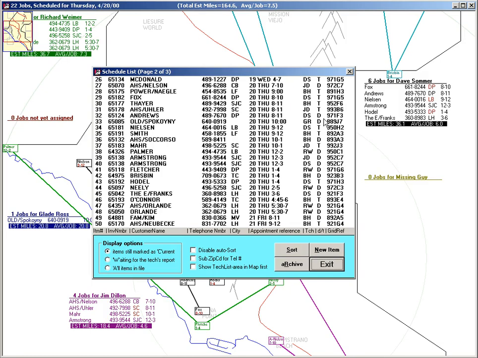D or T for definite or tentative, perhaps I should explain that. I'm not sure if I did it all in Chapter 2, I may have done, but what it refers to is